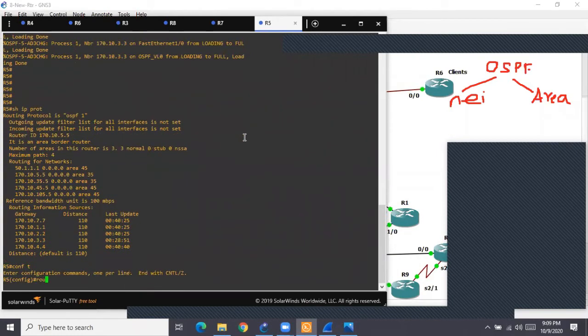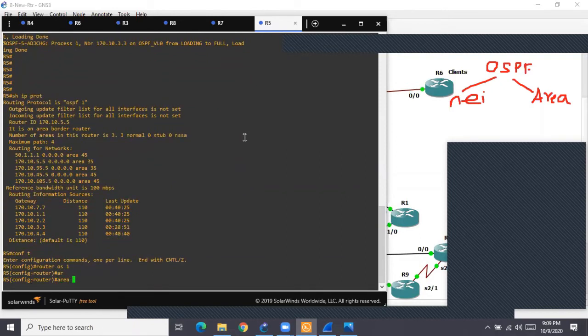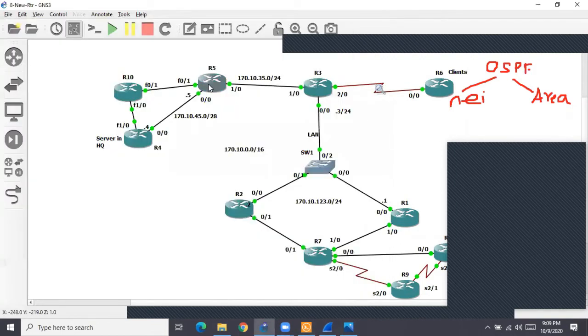So go inside router ospf. Now the command is inside the process, first command. And the command is what? Area. Sorry, not area. No, I'm not doing area based authentication. We are doing authentication for the neighbor. Only 5 and 4 should authenticate. If you see in the diagram, R5 might be connected to some other router also in area 45. This could be area 45.